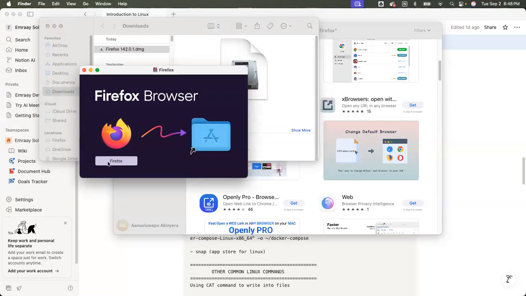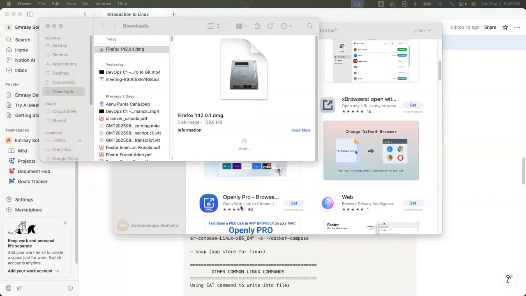On Mac, you just drag it inside, and that would be all. By doing that, I have already installed Firefox. In Windows, it's a different way. You have to double click and click next, next, next, next, next, right?